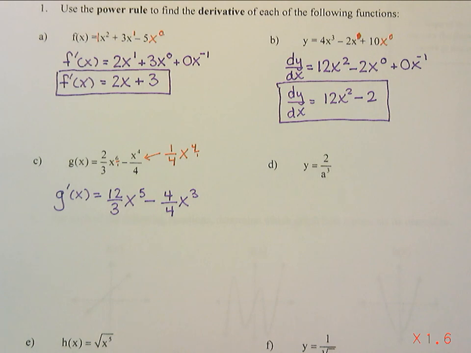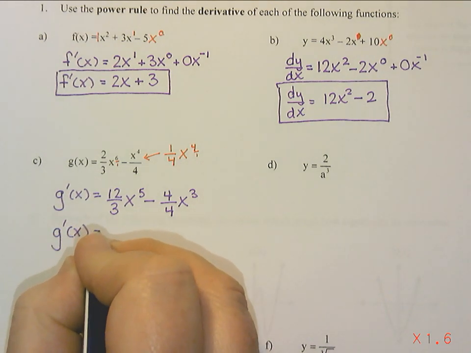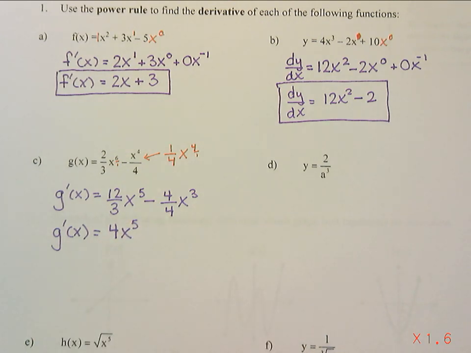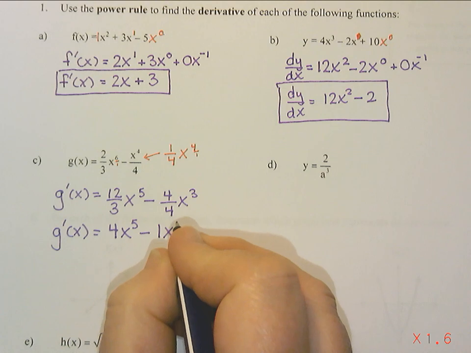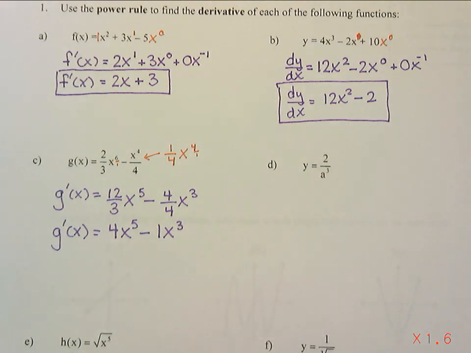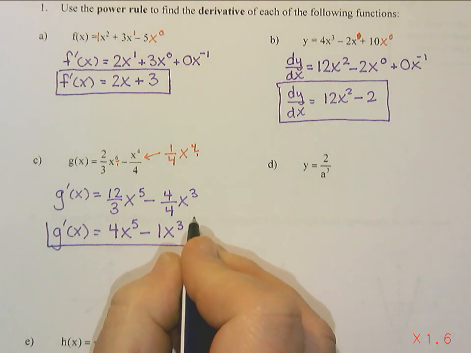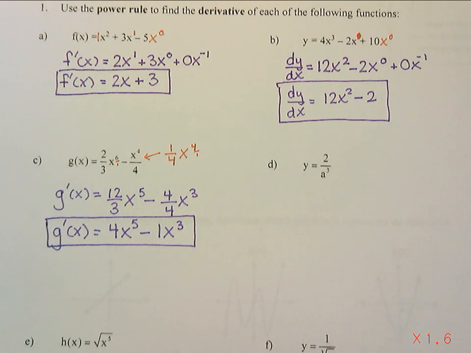All right, we're going to just divide anything that we can here. 12 divided by 3 is 4, x to the 5. 4 divided by 4 is 1, and then x to the 3. You don't have to write the 1, you could just write x to the power of 3. And that's my derivative. We will eventually take a look at factoring our answers, but for right now,